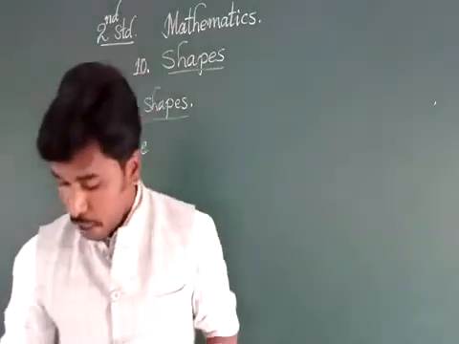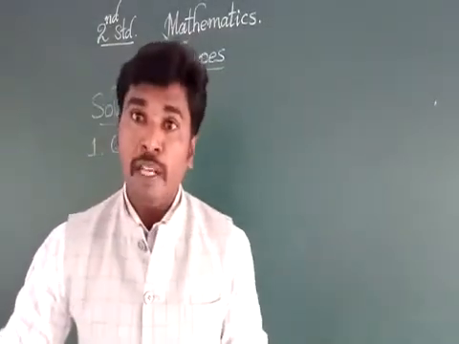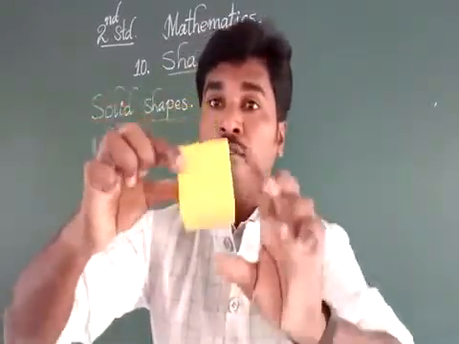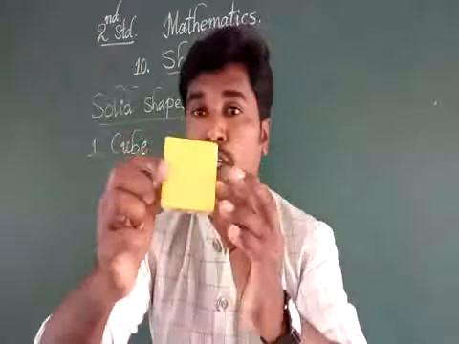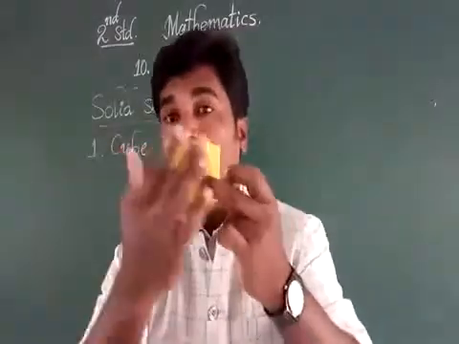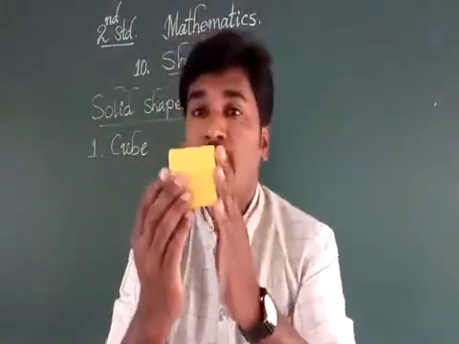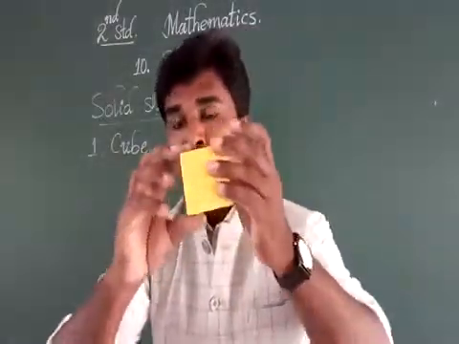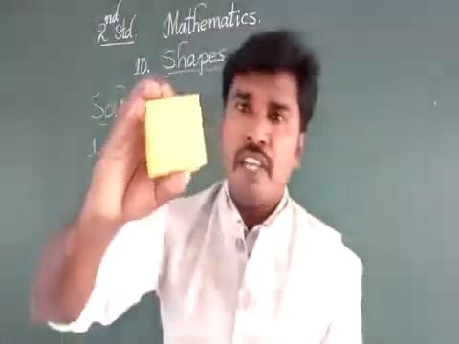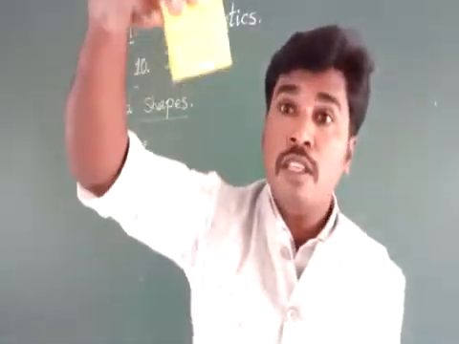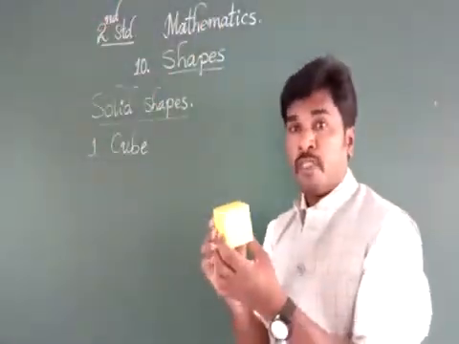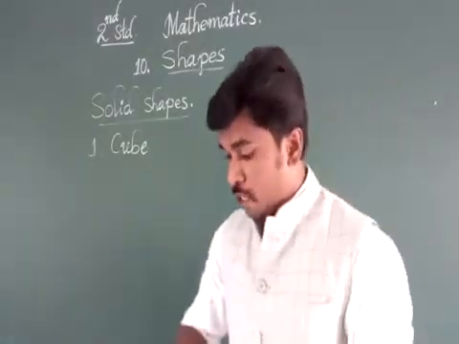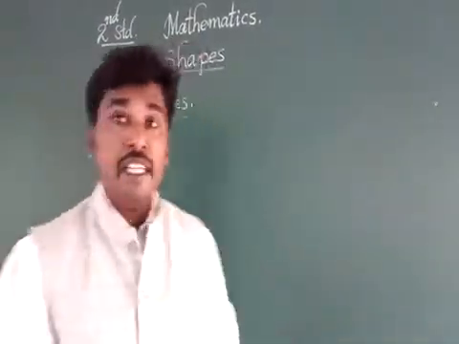Dear students, the model of the cube is like this. Look here, it is the model of the cube. Here all the faces have the same length and breadth, and even the height is the same. So all sides, all faces are the same. So this is the model of the cube. We can also say cubical box. Okay. Now the second one, it is